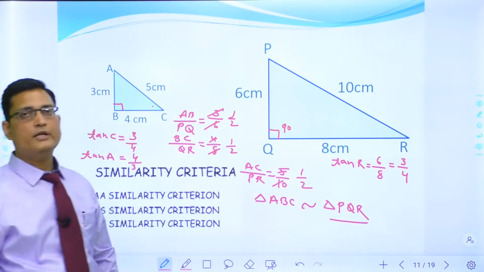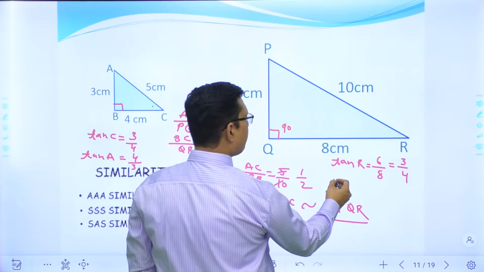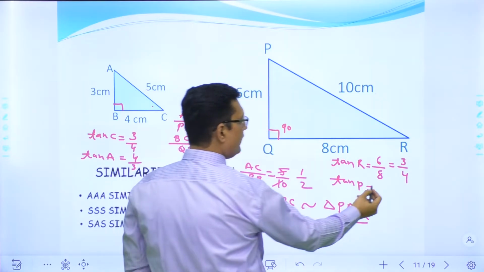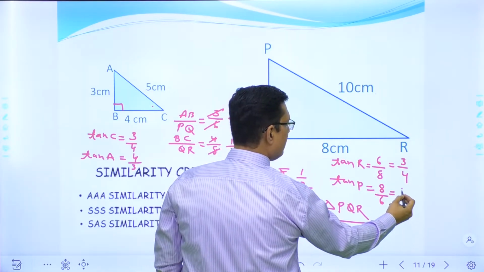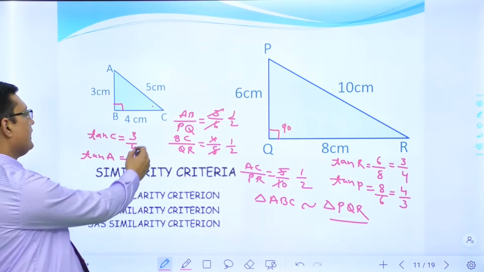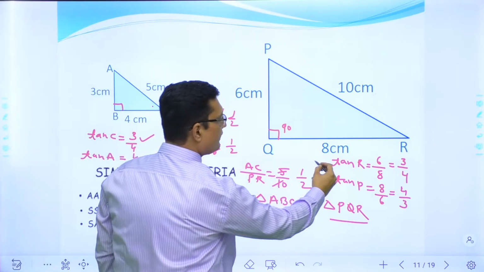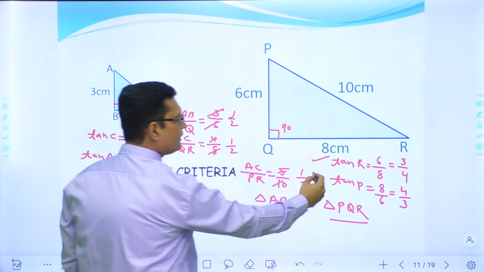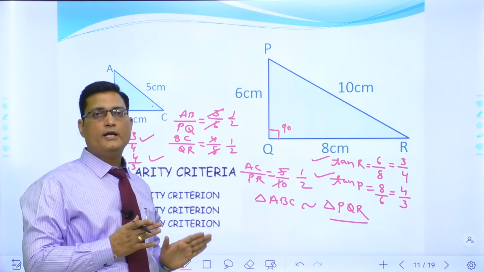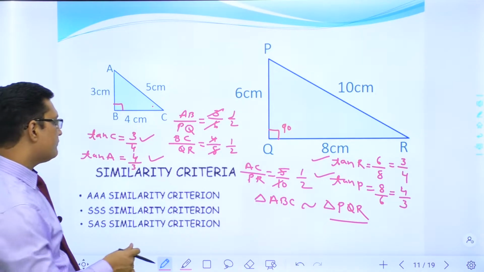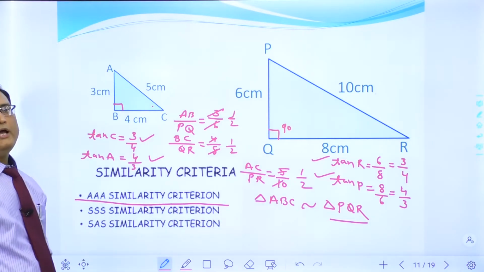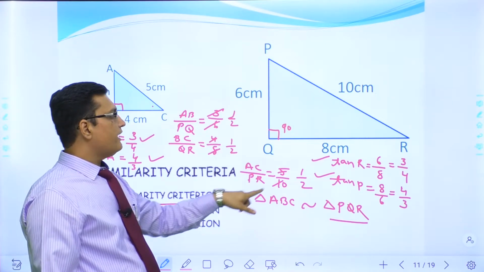I can say it is 3 upon 4. Similarly, tan P will be equal to 8 upon 6, and after cancellation you will get 4 upon 3. Now you can see that tan C is equal to tan R, tan A is equal to tan P, and one angle is already 90. So all corresponding angles are equal. Students, this criteria is also known as AAA similarity criteria, and when you are getting the ratio of the sides the same,